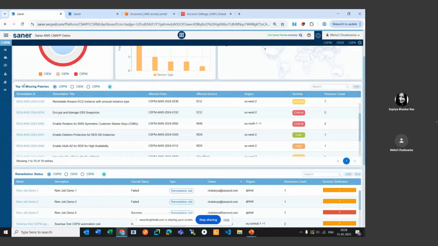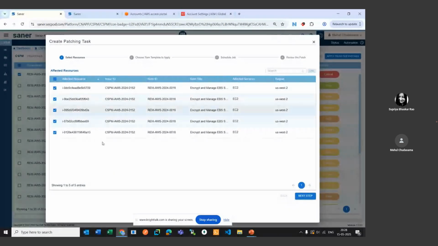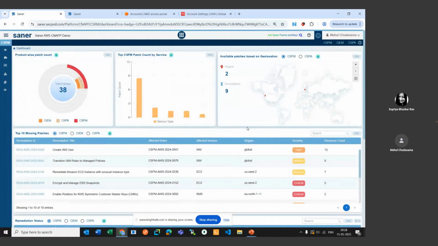We also show you the top 10 missing patches for CSPM, CIEM, CSPA. You can again go ahead and click on any of the remediation rules, and you will be taken to the resource selection page where you can select the resource and then you can remediate the misconfigurations in that particular resource.